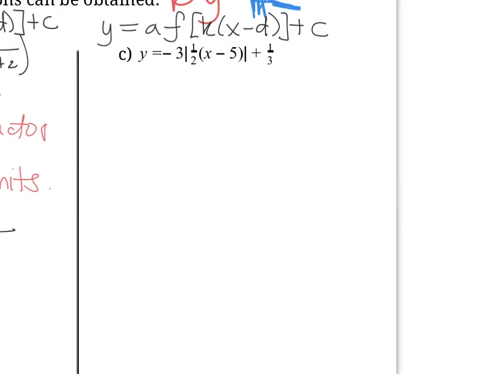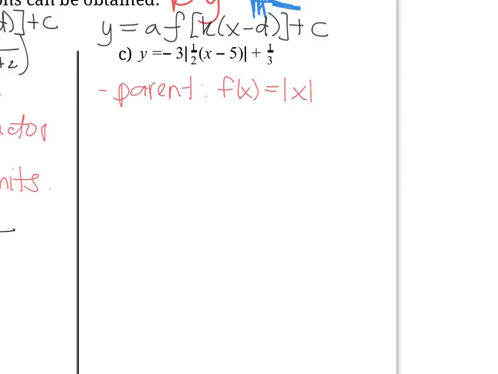Okay, so now let's take a look at our final function. It's laid out nicely because it looks like it mimics what we have in our function notation here. So we see these absolute value signs, so that gives us a hint that our parent function is the absolute value function. So our parent function is f of x equals the absolute value of x. Okay, and because it's laid out so nicely in our absolute value function, we can really easily see which one is A,